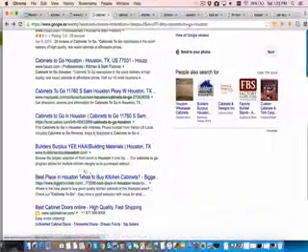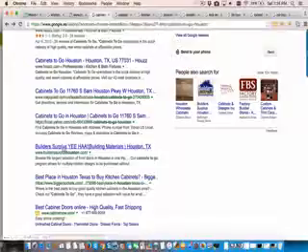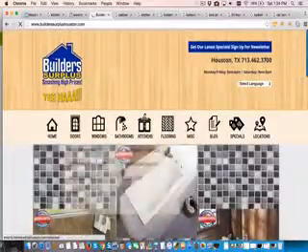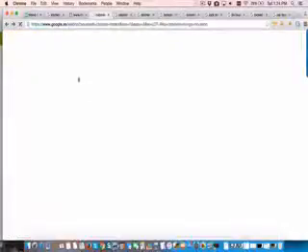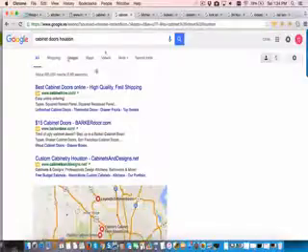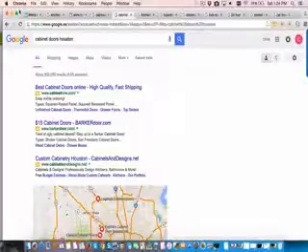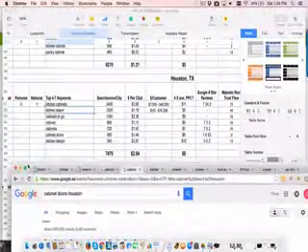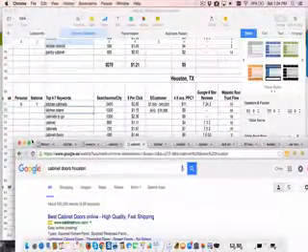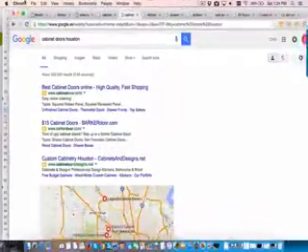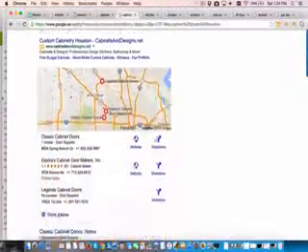Yeah, here's another one. Builder's surplus material. Yeah, back here. So this is just not it. So what's another one in here? Cabinet doors. So this was another one. I think this was the big one. No, yeah, cabinet doors. 480 searches. Again, seems really impressive on paper, right? But when you actually come in and look at it,